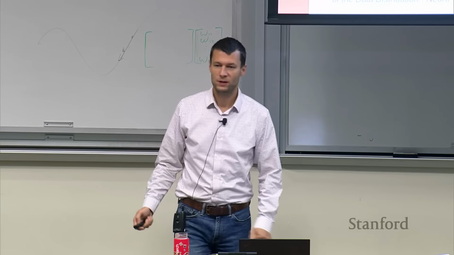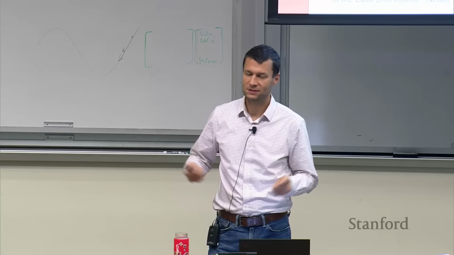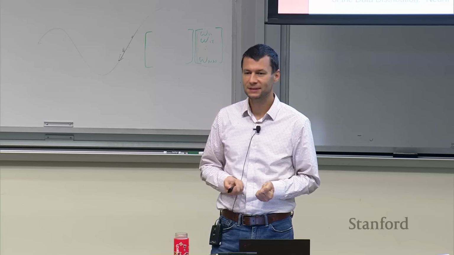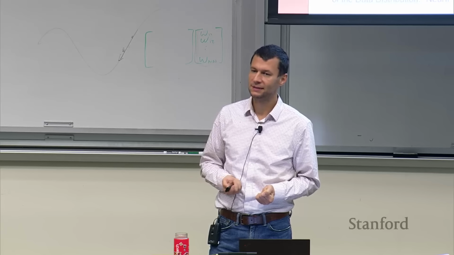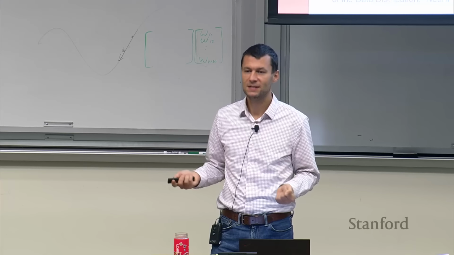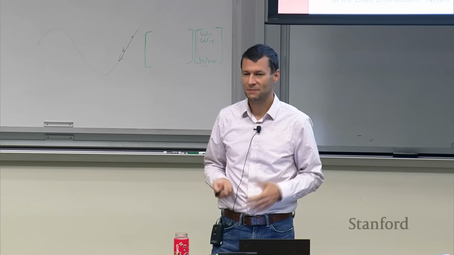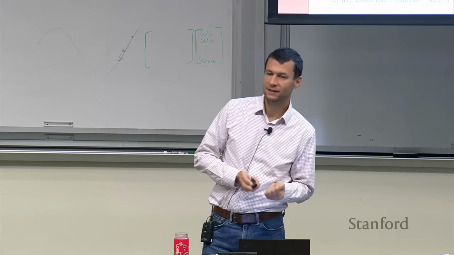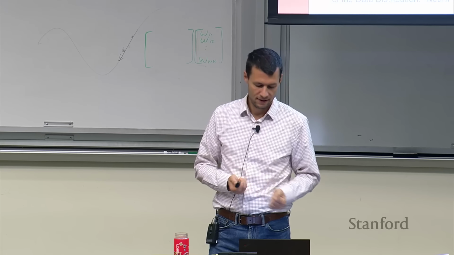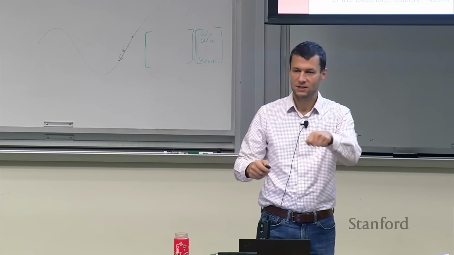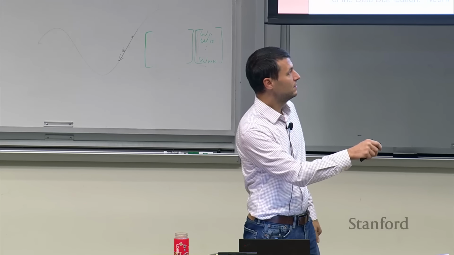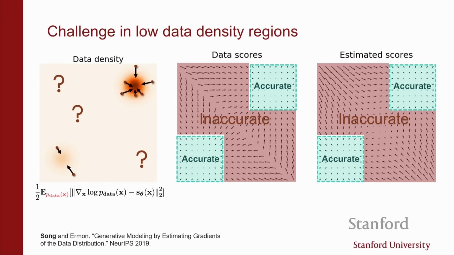And I guess one way to try is you're trying to find stationary points, or you're trying to maximize, I guess, the log likelihood. And it's not obvious how you would do it. You could do gradient ascent and try to find a local maximum. But the problem is that the gradient is not estimated accurately. If you imagine randomly initializing a data point, very likely you're going to be initializing in the red region, and then you're going to follow the gradients, but the gradients are not accurate because they're estimated very inaccurately, and then your Langevin dynamics procedure will get lost, basically.